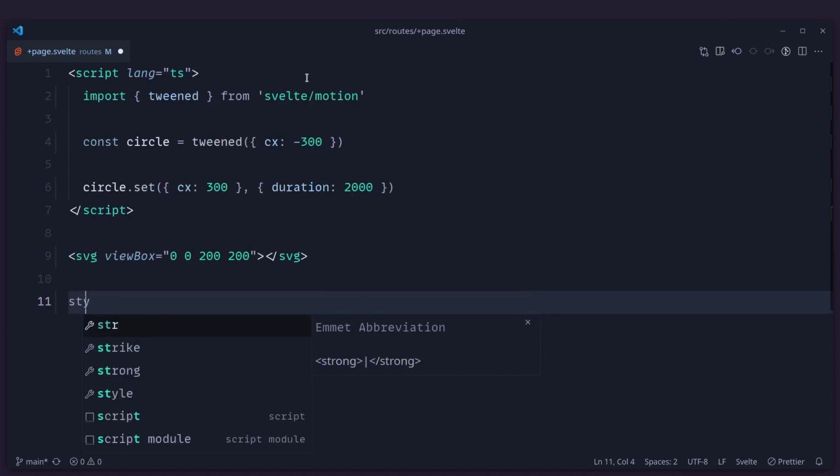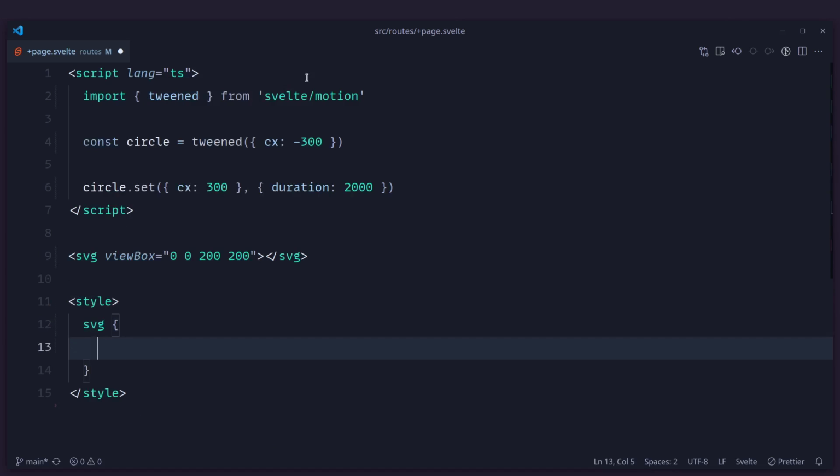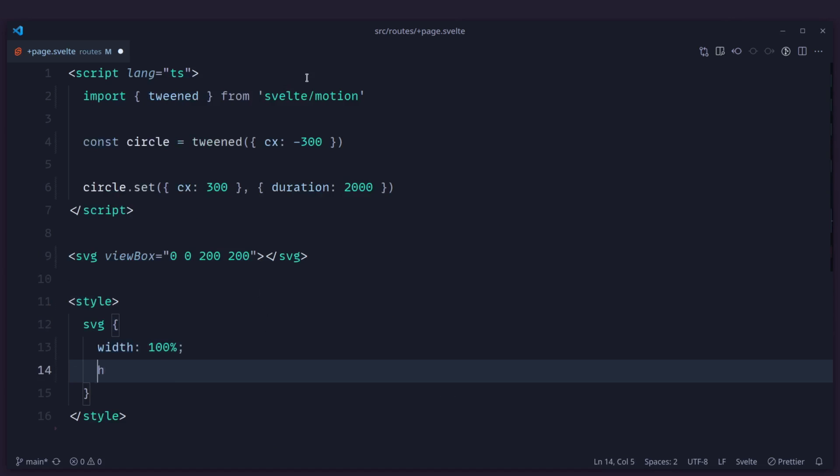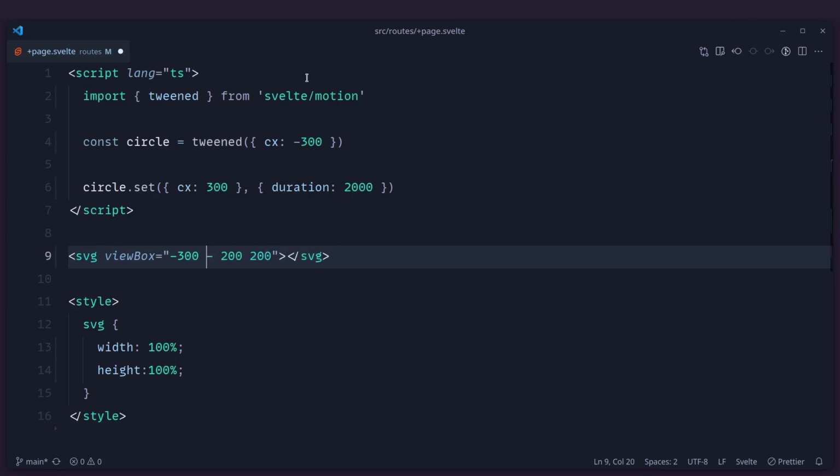You can define this yourself by saying style. And now we can say width 100%. So this is also going to preserve the aspect ratio by default of an SVG. But here I have to specify minus 300 because they're using these unusual numbers. I just want to replicate the example. So I'm just really doing this. And then I can just set, okay, look at 600 by 600 pixels so we can see the circle.